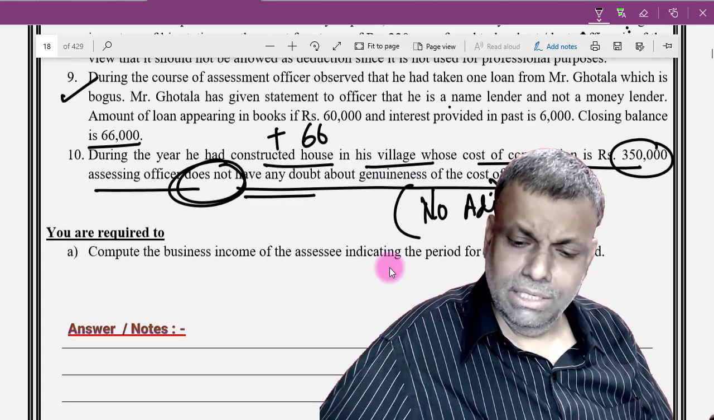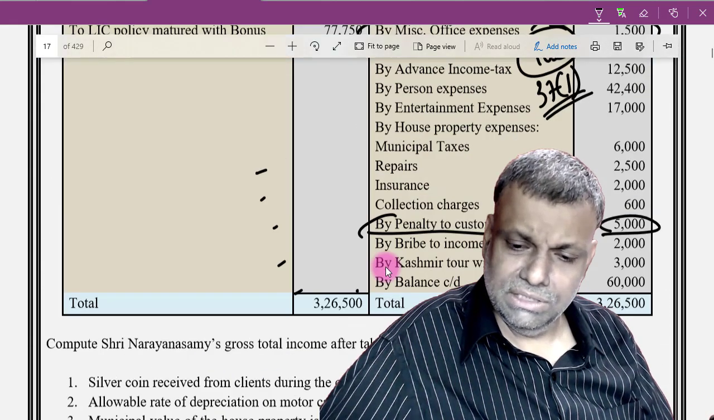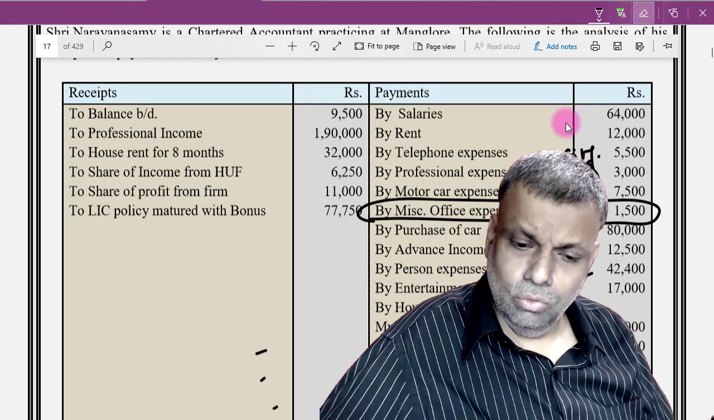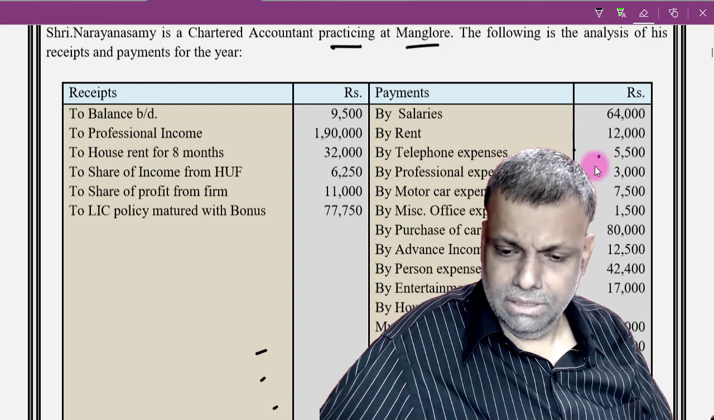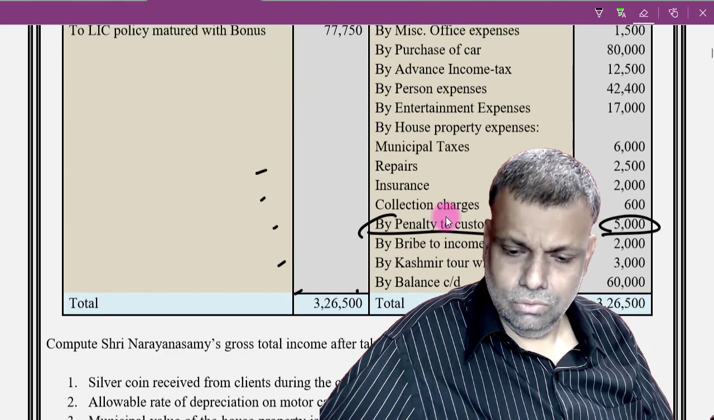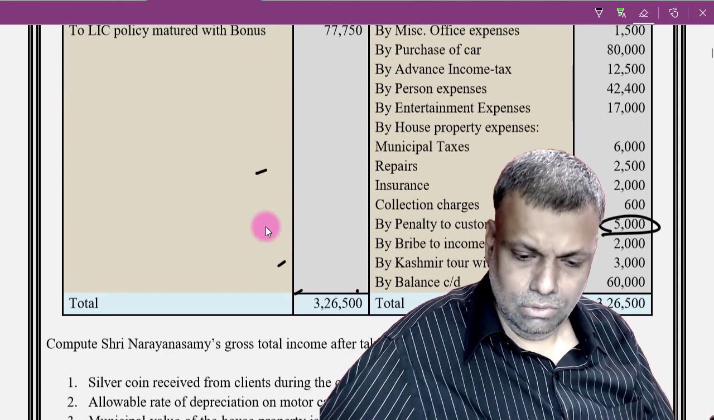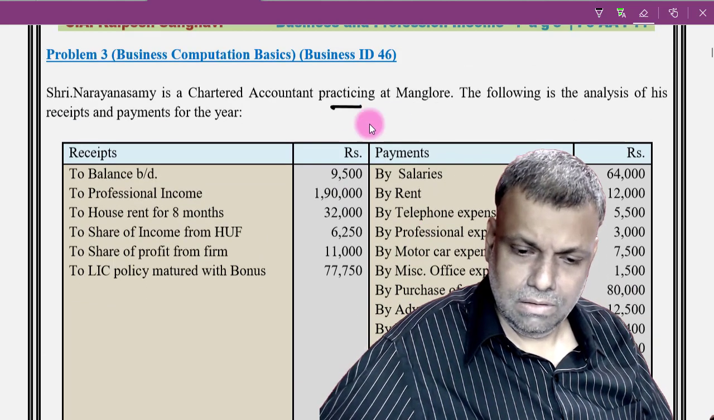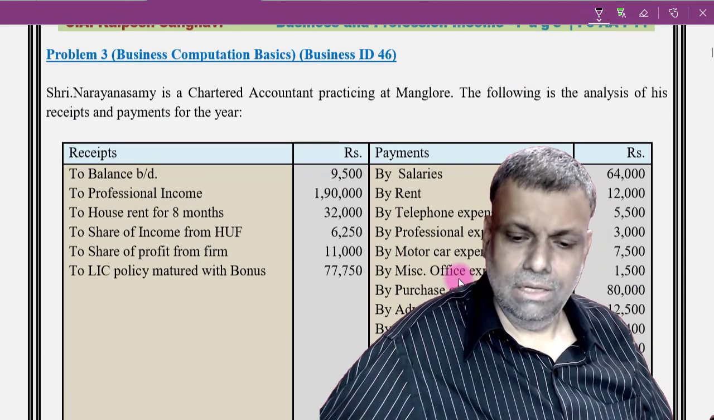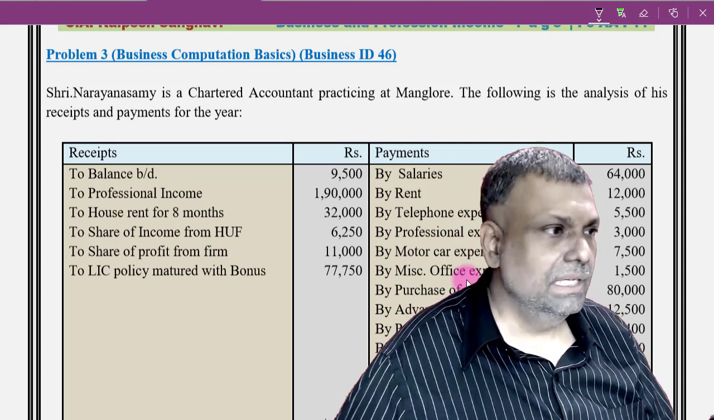Okay. Compute the income, etc. So, we have done all the adjustments. Now, we will go to each and every item of the receipt and payment to proceed to complete the computation of business income. Okay. Now, first of all, on the payment side,